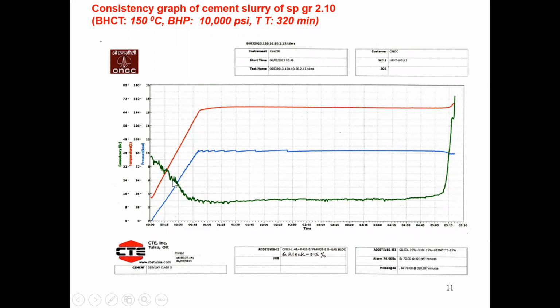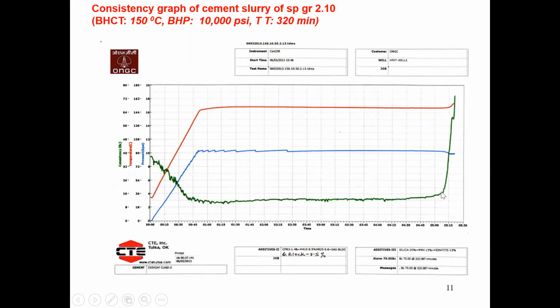And you see the consistency is dropping, because as I told you, when the temperature increases, the initial consistency, which is slightly less than 10, maybe 8, drops. Why is it dropping? Because when the temperature increases, the fluid yield point reduces. Consistency is nothing but, in a sense, the yield point of the cement slurry. So it comes down, then becomes stable. It remains pumpable up to this point. Now you see the curve starting.